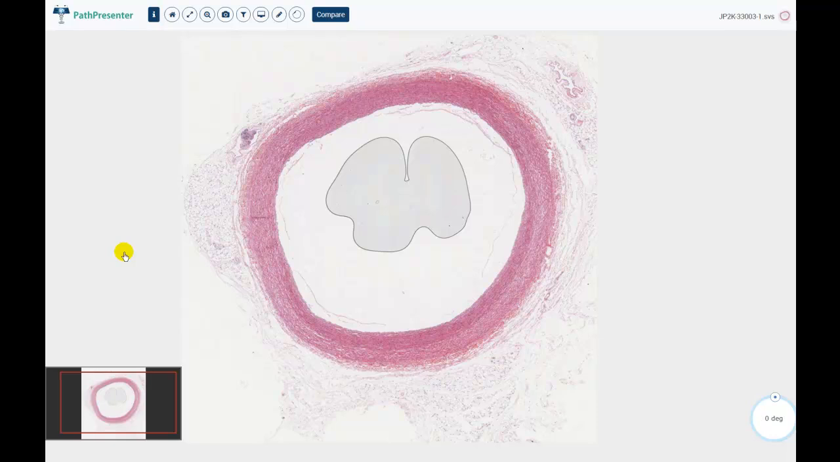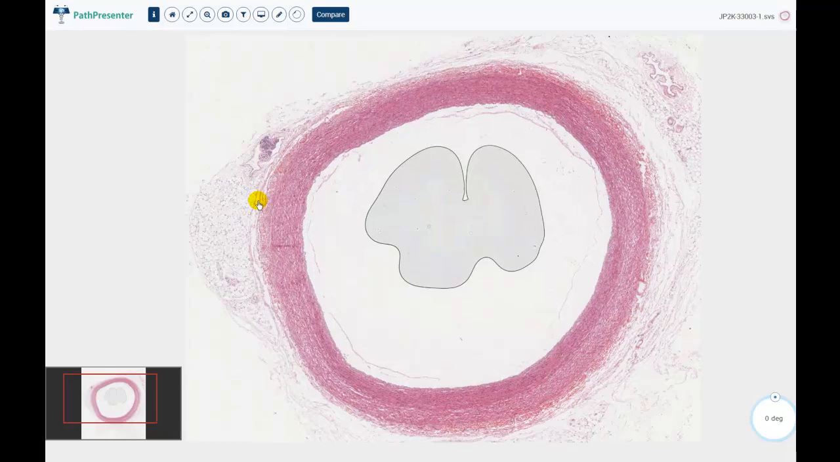The first thing that I noticed about it was the artifact here, where whoever cover slipped the slide and put the Permount out to permanently preserve this and put a cover slip on top of the specimen on a glass slide, left a bubble, an air bubble, in the Permount. The next thing I noticed is,